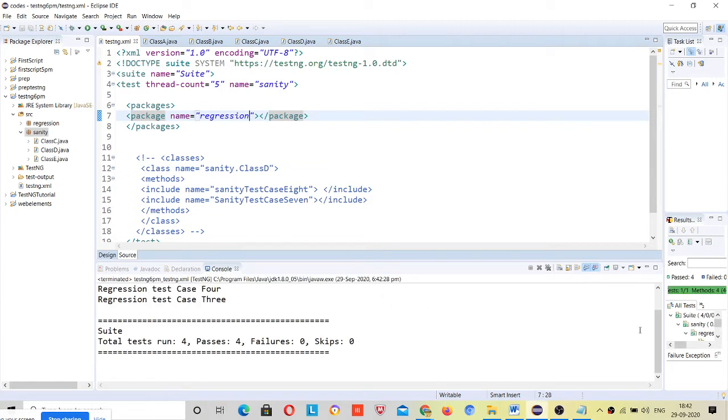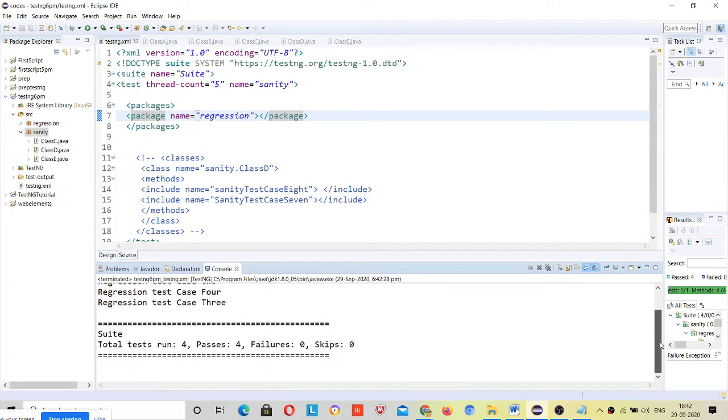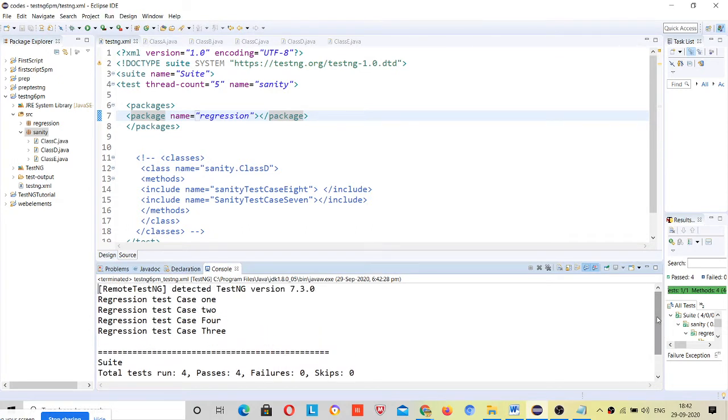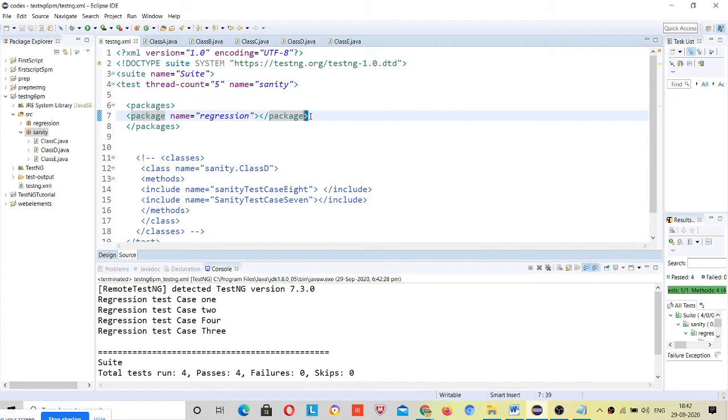Right, so all regression test cases will run there. Okay, if I want to run both, then we can add another package here.